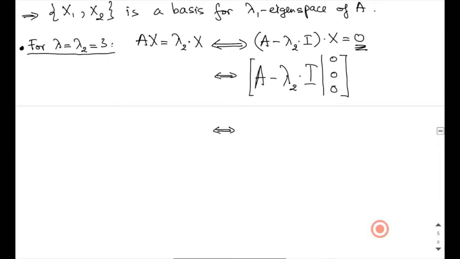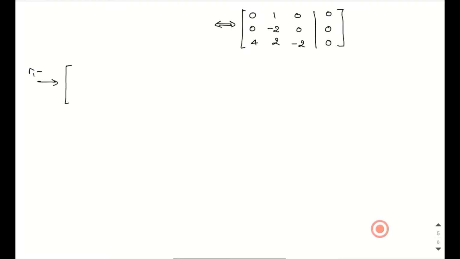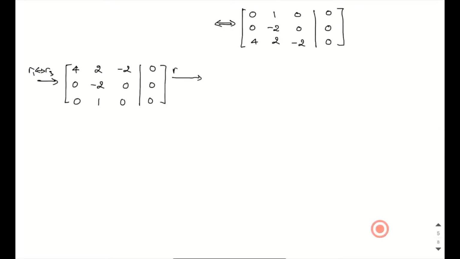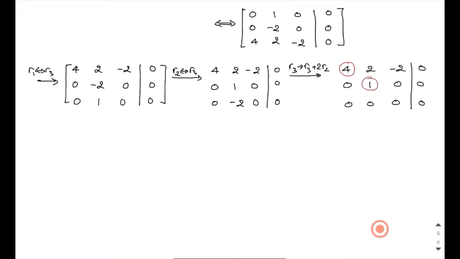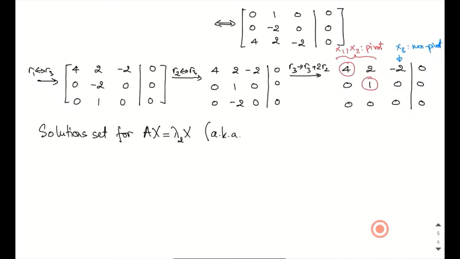And this is equivalent with, by switching row 1 and row 3, so row 2 switch with row 3, we end up having row 3 become row 3 plus 2 row 2. At that time, you get, right, so this means that x1, x2 pivot. The non-pivot is x3. The solution set for Ax equals lambda 2 times x, also known as the lambda 2 eigenspace of A is